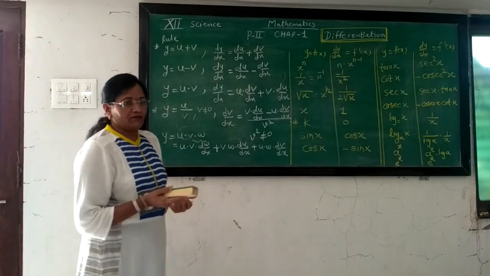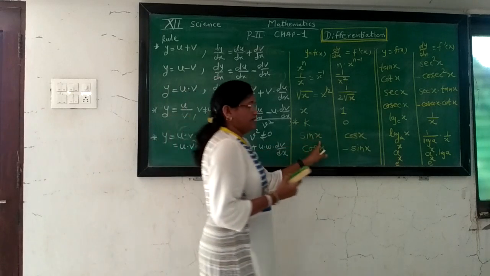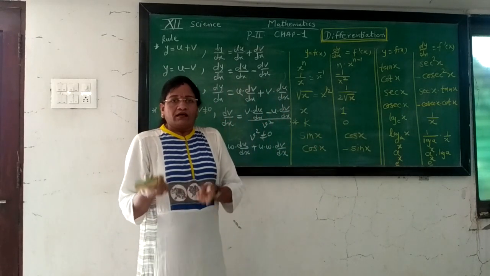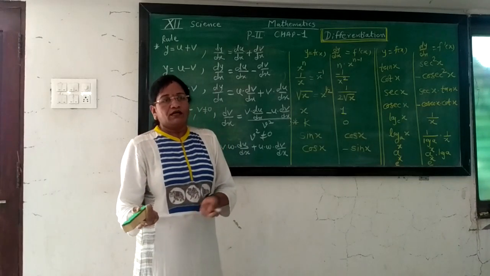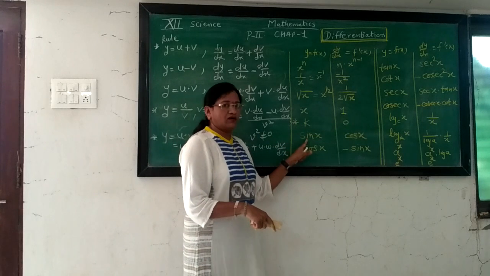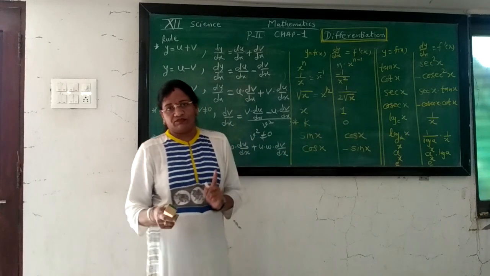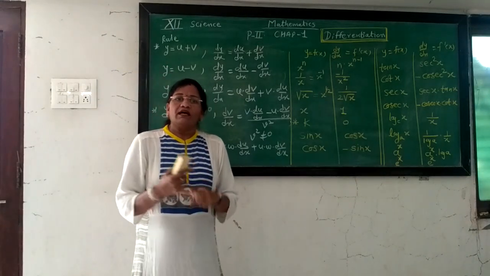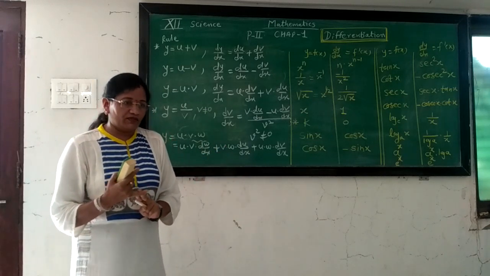Suppose we take, for this example, the trigonometric function sine. We take here the angle z, but we can replace this angle with a logarithmic function. The logarithmic function can be expressed in terms of some algebraic function. So we take the function sine of log of x square. That forms the composite function. Sine is the trigonometric function, log is the logarithmic function, and x square is the quadratic function. So there is a combination of three functions.